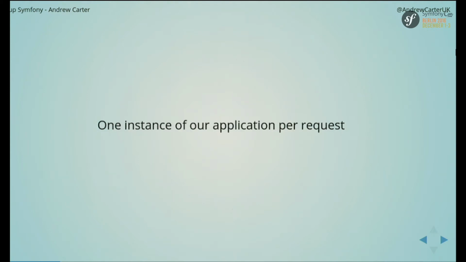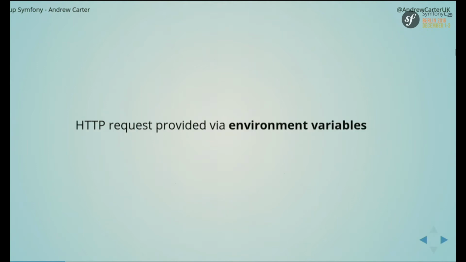You would have an instance of your application per request. So every time a new request came in, the web server would start your application, and then once it finished the response, your application would quit, and it would make a new application for the next request. The request was provided by environment variables, so that's what you see in the server superglobal array, which we're not